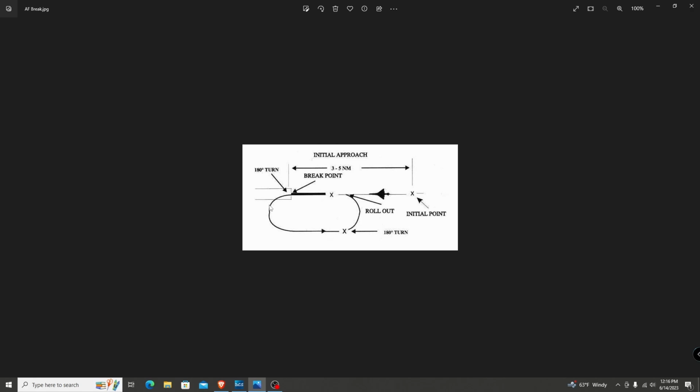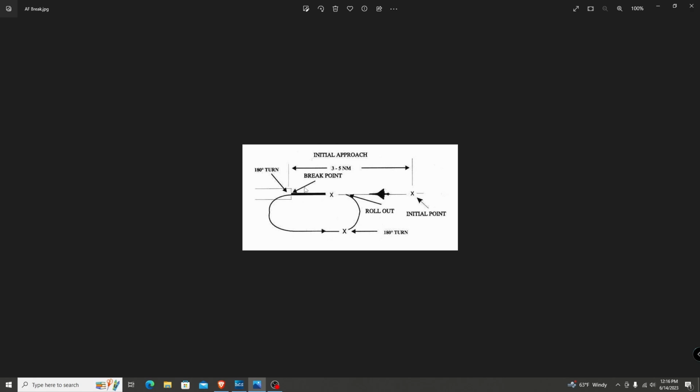Now, how hard do we pull on this turn? Well, it's approximately 1% of our airspeed equivalent to G. Here's the layman's terms. If you're flying 300 knots, you're going to pull 3 Gs in this turn. If you're doing 350 knots, you're going to pull 3.5. And that should give you the approximate distance that you need to be away from the runway. And by the time you're done with this 180-degree turn on downwind, you should be at the approach speed to start